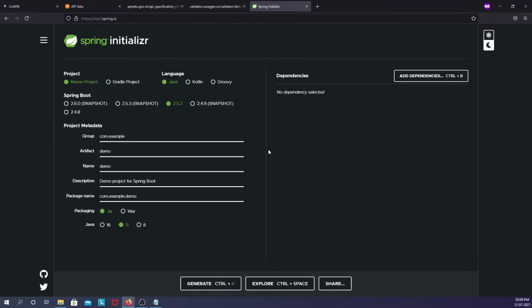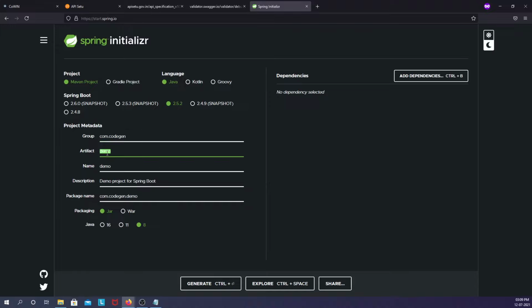So Spring Initializr is something where we can generate the skeleton code for the projects, right? We have to select whether it is a Maven or Gradle project. For this video, I'm going to use a Maven project and the Java language, and Spring Boot, the latest stable version 2.5.2. The Java version, let me take it as 8, and the naming convention, right? I'm going to give it as